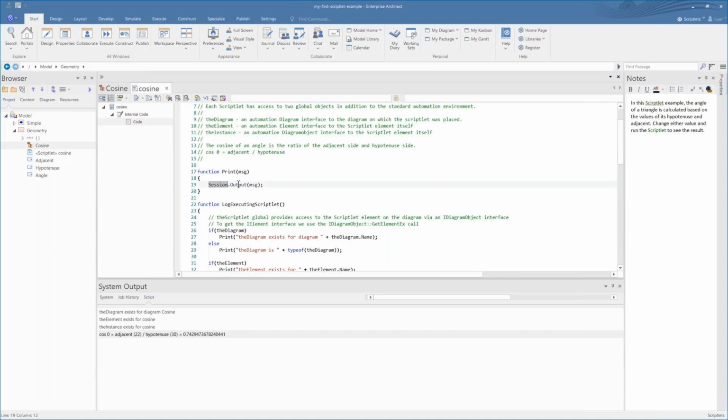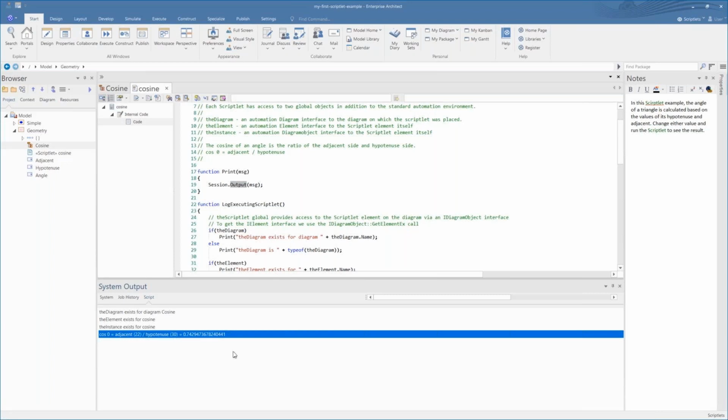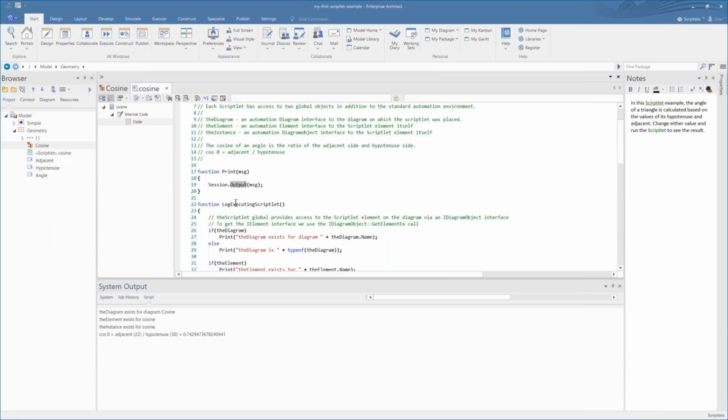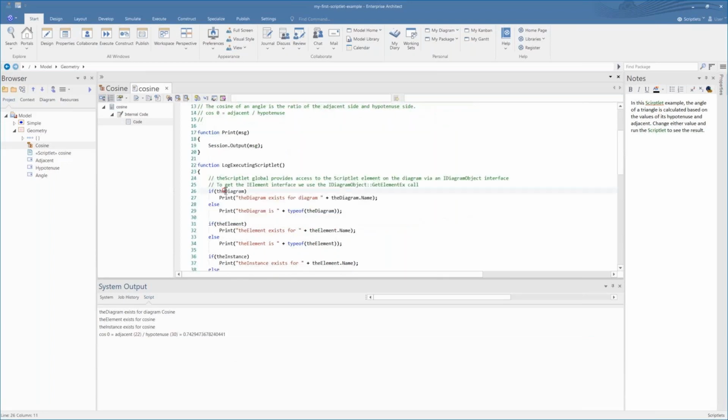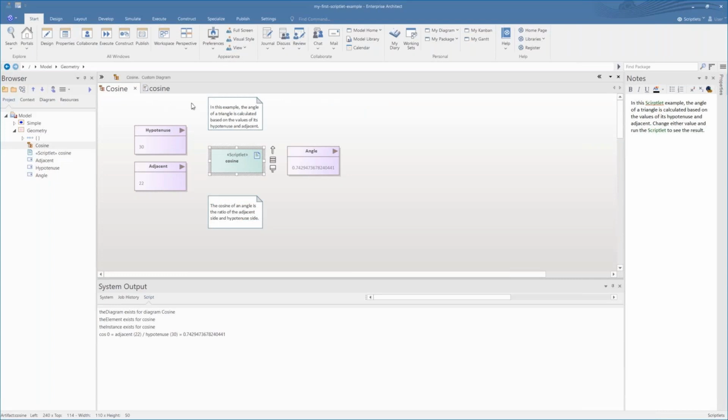And we simply output how we're calculating the result, and we send the message. So you can see there's a couple of if statements there. So if the diagram exists, we say the diagram exists. If the element exists, we say the element exists. And finally, if the instance exists, we say that it exists.